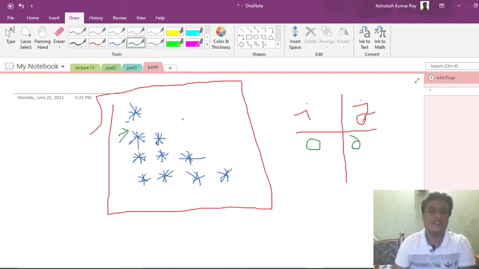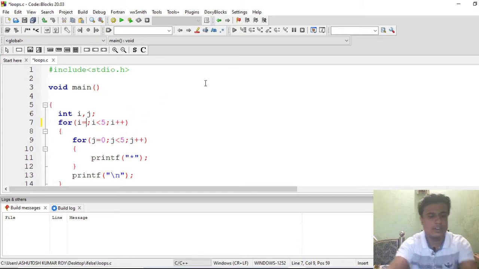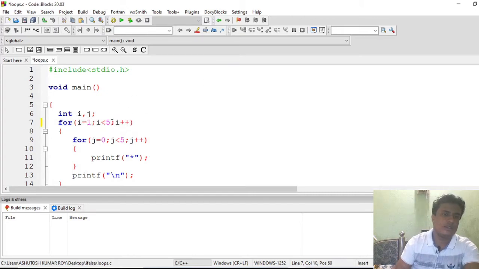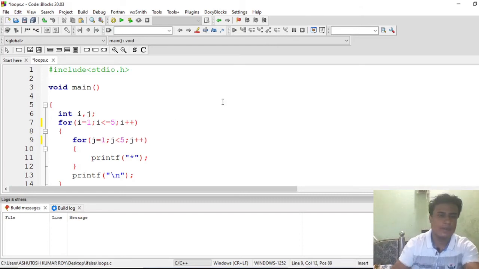So let me just initialize i. In this program let me initialize i from 1. It will result the same, don't worry about it. You can do it from 1 or 5, just remember this condition. Now you have to put less than or equal to 5, so it will now count from 1 to 5. This will make more sense now.